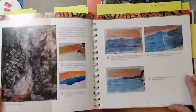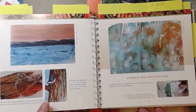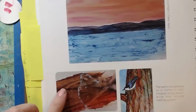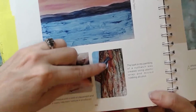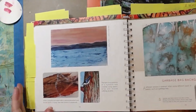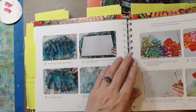Gauze is another one. I liked the idea here of using the plastic wrap in just an area to create water or to create a log. And she's created a log and then come back in with a mist of rubbing alcohol and a brush and those kinds of things to add more detail. This was a garbage bag, which is pretty much the same as the saran wrap. The idea of